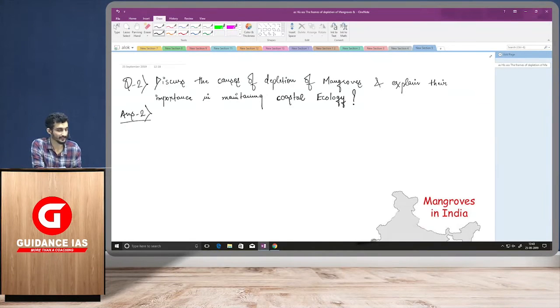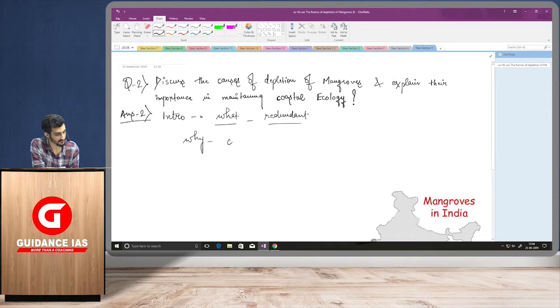So the second question was, discuss the causes of depletion of mangroves and explain its importance in maintaining coastal ecology. This was also a very easy theme, and if you talk about writing this answer, again in the introduction we can take two approaches, that is what or why. Since mangroves are again a very generic theme, and therefore what is a very redundant way to start our answer,